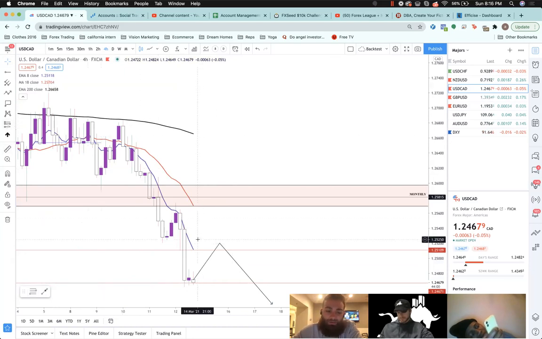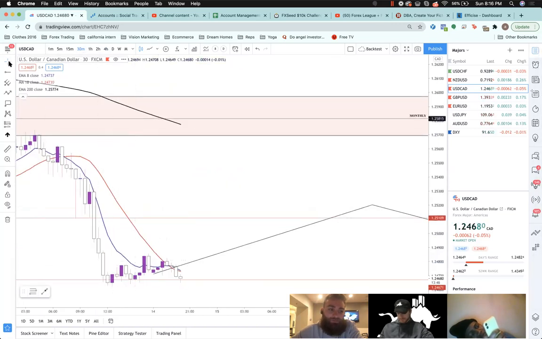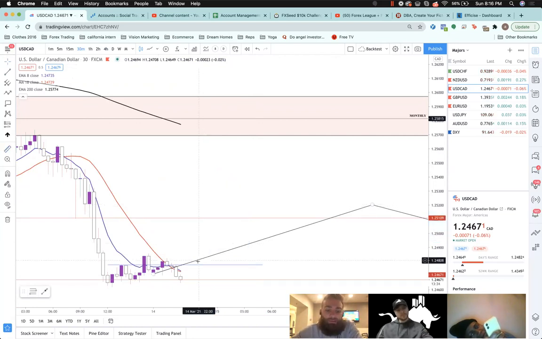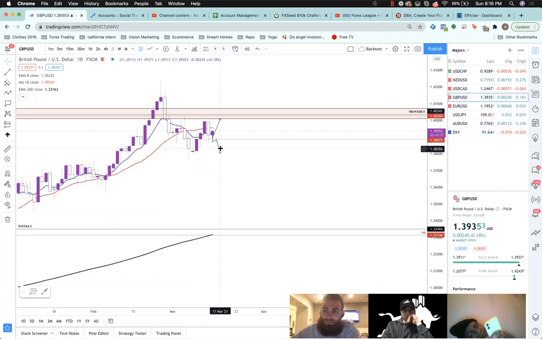If we do end up getting up there, there's a lot more room for this thing to fall. If it comes up above this level, starts pushing higher, that's when I'll start to take longs. But I have no idea to take longs at the moment, unless I was really trying to get in on this lower time frame and do something like this, where basically I waited for this to break, and then I start to take longs up into that level, like counter trend trading. But I don't think right now there's any real opportunity in that. So I'm not trying to do that. It's very bearish, a lot of momentum. So UCAD looking for sells. Let's go to